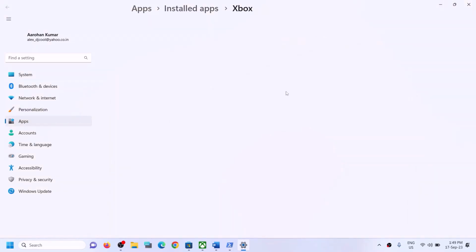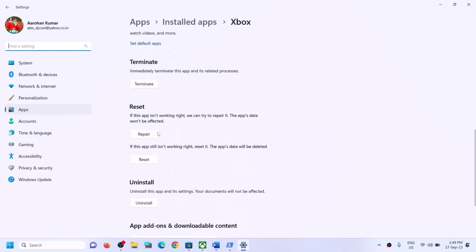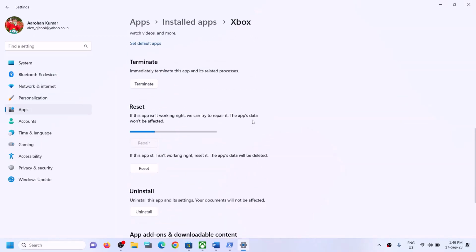Now on this screen, scroll down and then you will see the repair option to repair Xbox app. Click on repair, and after the repair you can try to install the game. Still, if you are facing the problem,